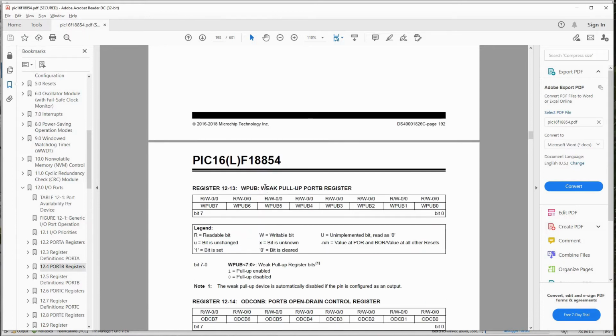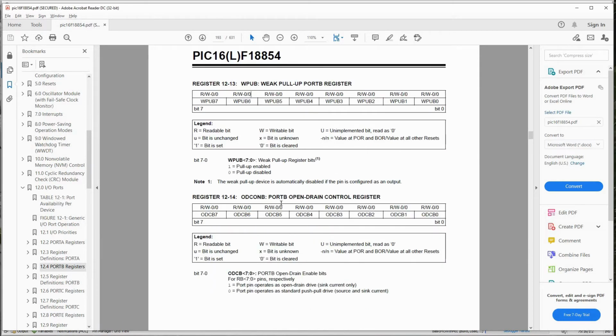And next is weak pull-up register. Suppose you want to have a pull-up register on it. Internally, if you write 1 into this register, you can enable the pull-up. If this feature is available on the pin, then you don't have to connect it. If you are using it as an input, where we always use a pull-up register, then you don't have to use that pull-up register if you enable this. And open drain. So basically what this open drain means is, suppose in some application you don't want it to go high, you just want it to go low.